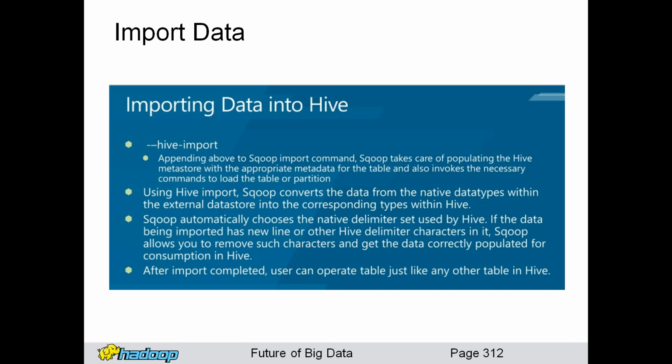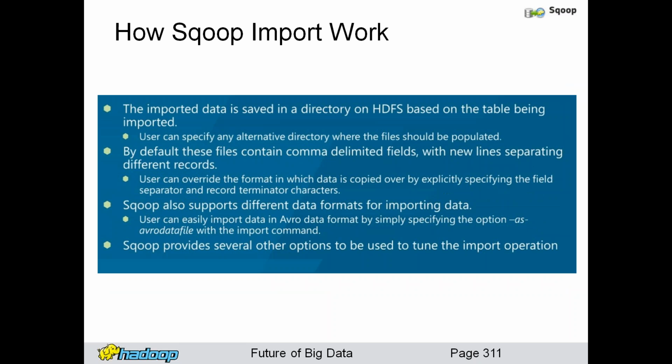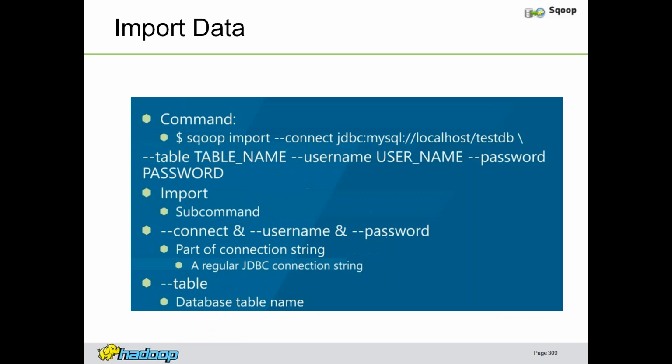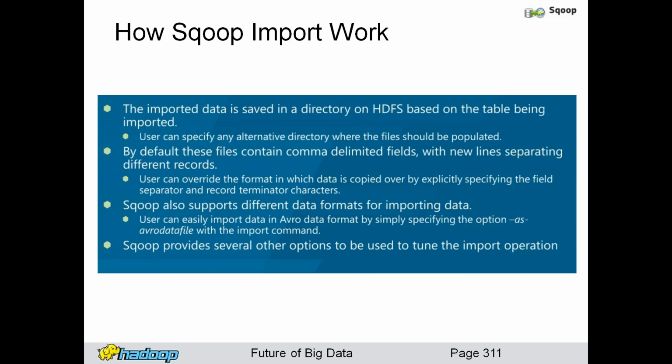-hive-import. This is a simple command. You have to add it to your Sqoop import command. So here we have a Sqoop command, right? We discussed the Sqoop import --connect. This --connect will come into a Hive import, showing how we have to connect to Hive. There you have to add -hive-import. Connect with the format JDBC, MySQL, localhost database path, and --table, table name, --username, and --password. So this command will be useful for importing the table. There you have to append the command called